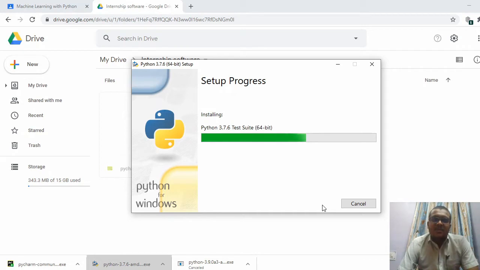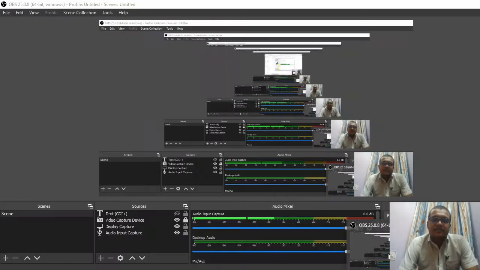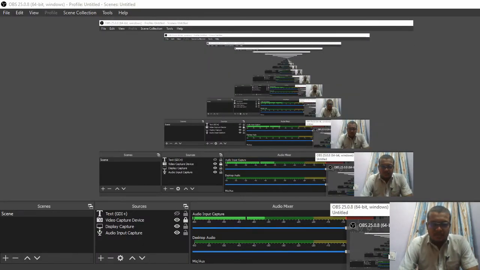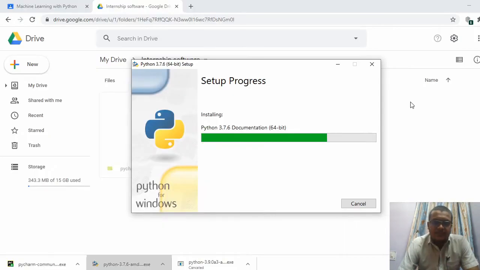So you can make a note: you are using an IDE called PyCharm and Python version 3.7. Why you need to note these down is they may ask in your vivas.